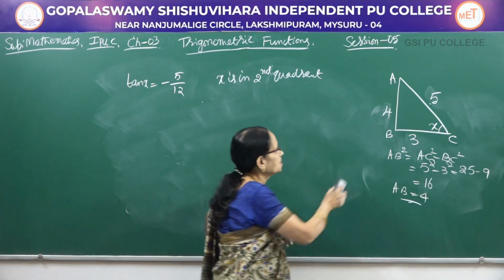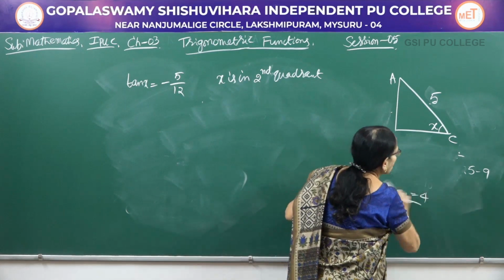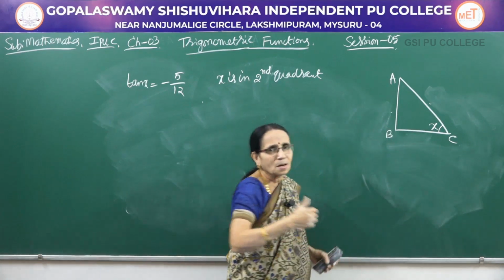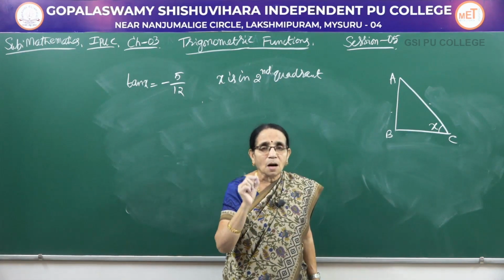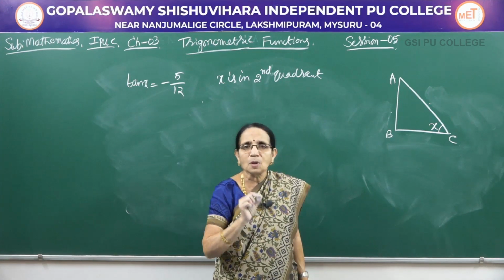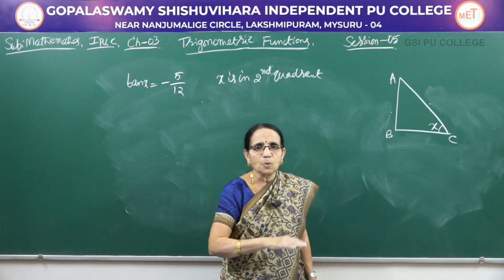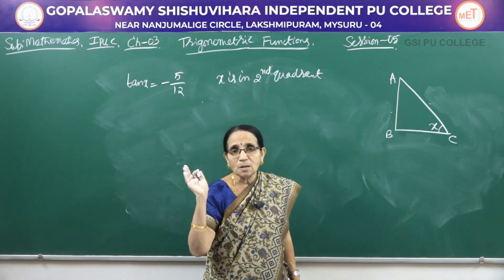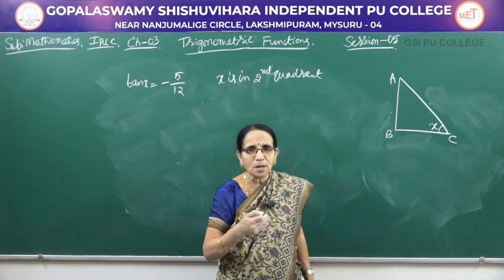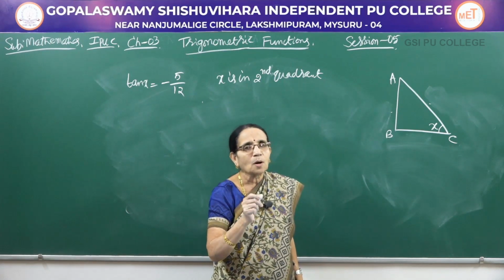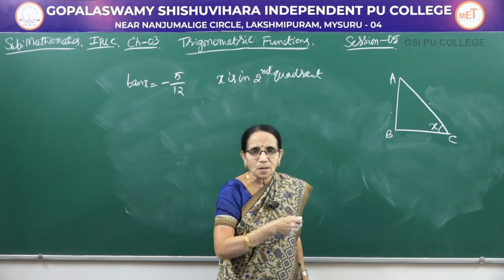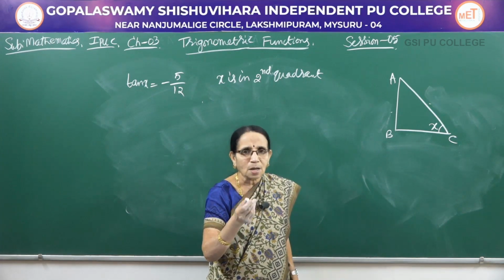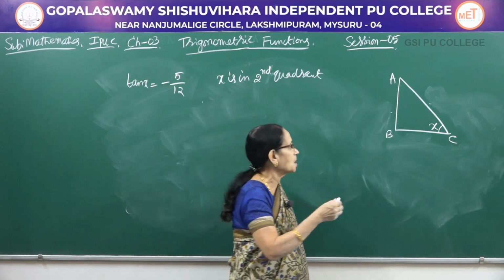Therefore, let me consider the triangle again and then try to find the value of the remaining side. So, whenever a trigonometric function is given, always two sides of the triangle will be known to us. Adjacent or opposite or hypotenuse, whatever may be that one, two sides would be known to us, because all of them are trigonometric ratios. Only for the remaining value, always use the Pythagoras theorem, because we are discussing the right angle triangle. Using the Pythagoras theorem, you can get the value of the remaining side of the triangle.